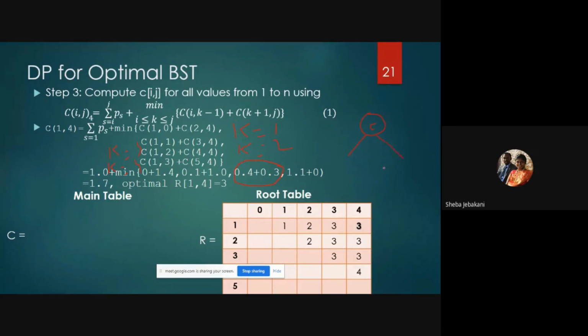So that means it becomes 2 parts. Okay, one is i comma k minus 1, that is i is 1, comma k minus 1. k over here is 3 for us, so 1 comma 2 comes here, and then k plus 1 comma j is 4. So k plus 1 is 3 plus 1 is 4 comma 4. For 4 comma 4, the root node that you have is 4.